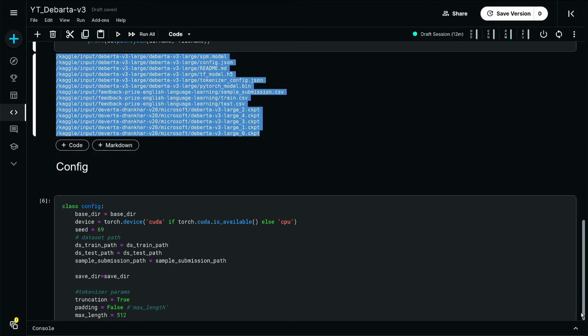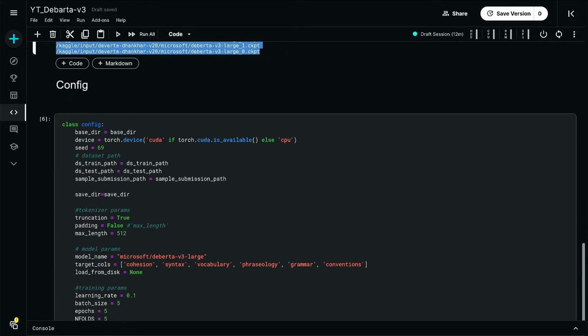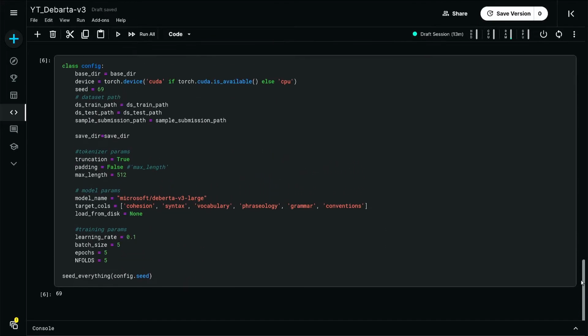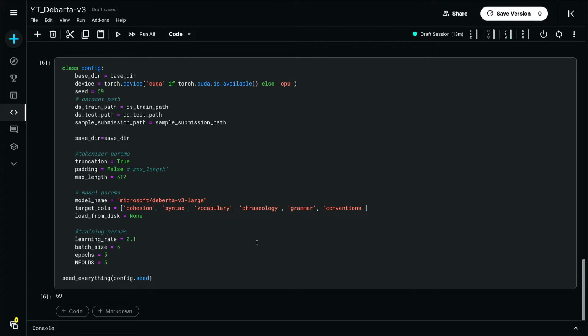And then this small class is a config class. So all I'm doing here is defining all the configurations for my model. So base directory, device, seed of 69, dataset path. I have quite a few dataset paths here.